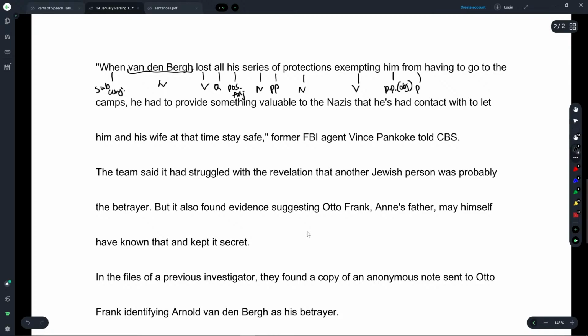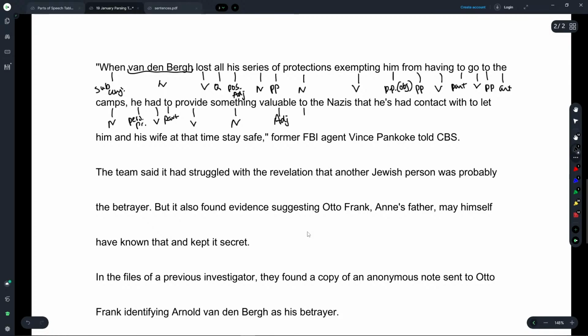From, preposition, having, verb, to go, to is a particle, and go is our verb, to, preposition, the, article, camps, noun, he, personal pronoun, had, verb, to, particle again, provide, verb, something, noun, valuable,